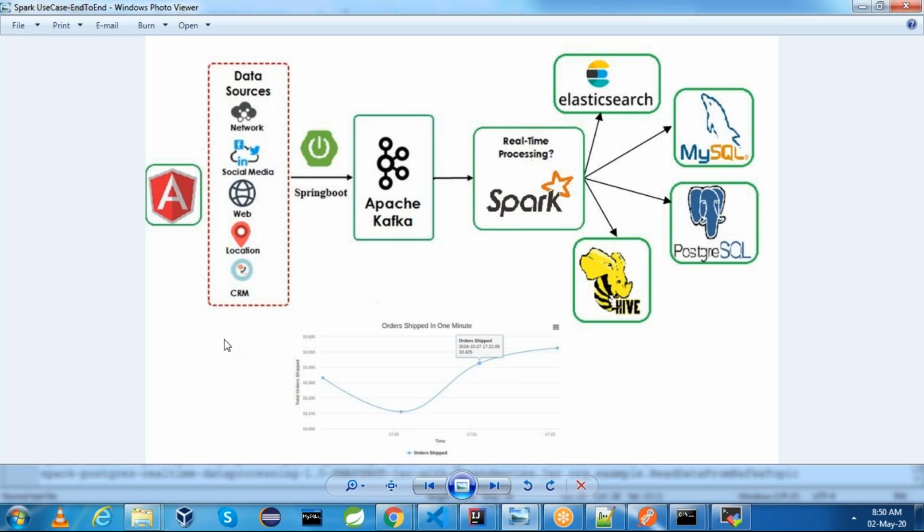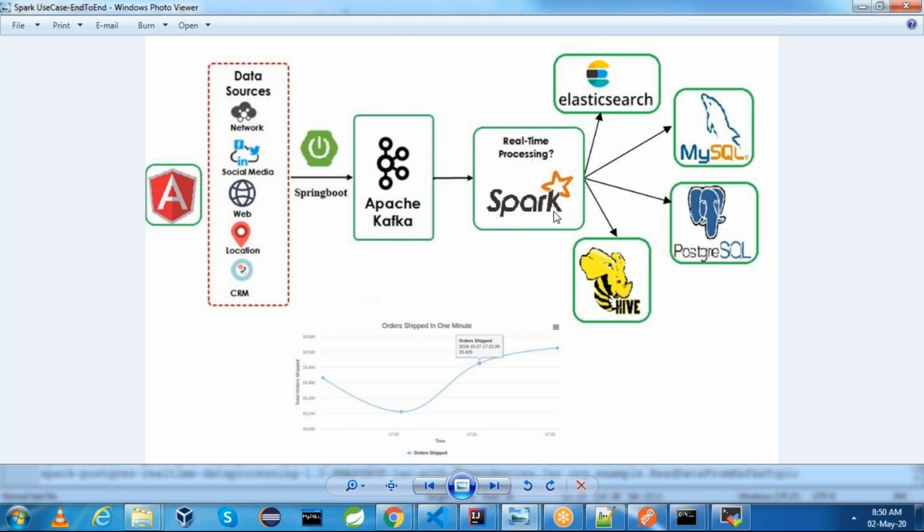Now I will show how to install Angular and how to install Maven and Java so that we can run Spring Boot applications. And in this project, I'm using Apache Kafka. I will show how to create an Apache Kafka cluster. And once we have all this infrastructure ready, we will submit the Spark job.